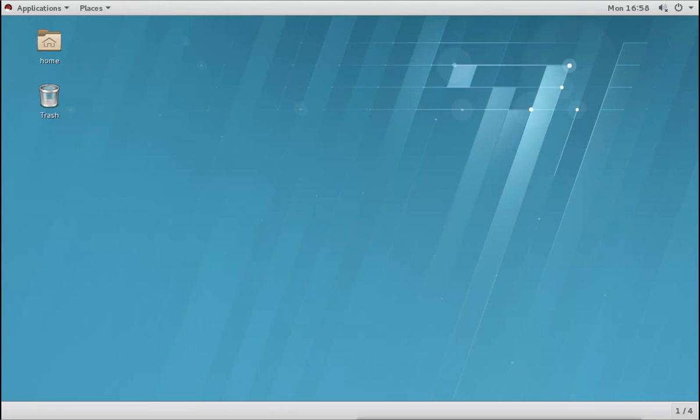Now for managing Red Hat Linux, Red Hat RHEL, we have a graphical version. This is the graphical desktop, a GNOME desktop environment, and it has all the management tools available for using it as a desktop machine. So we can use it as a desktop machine, and all the graphical things are there to make this machine a desktop machine.